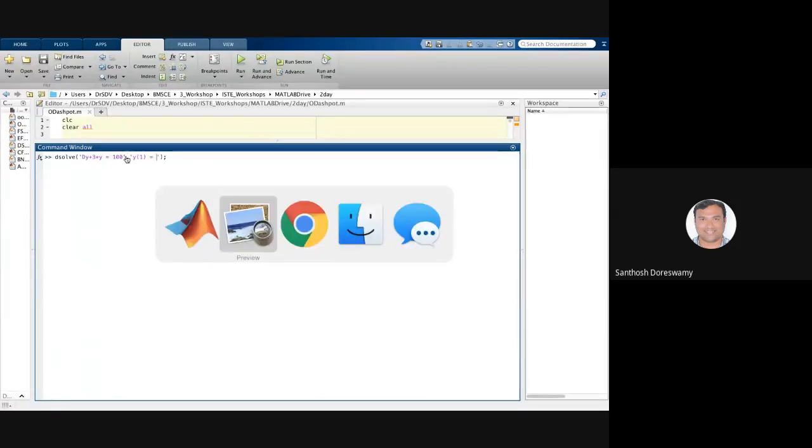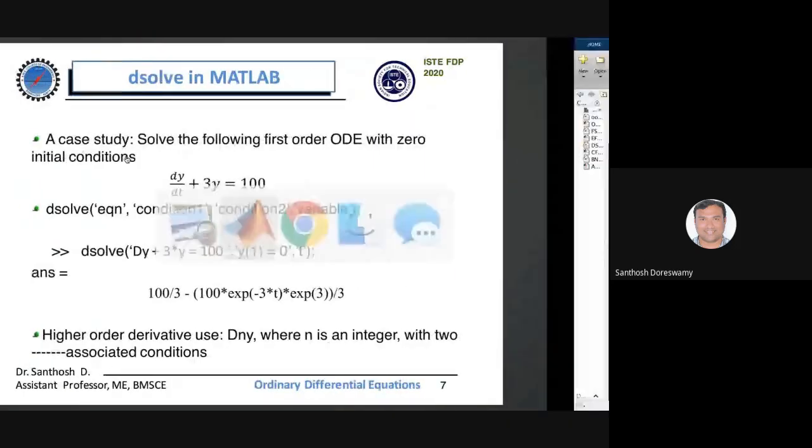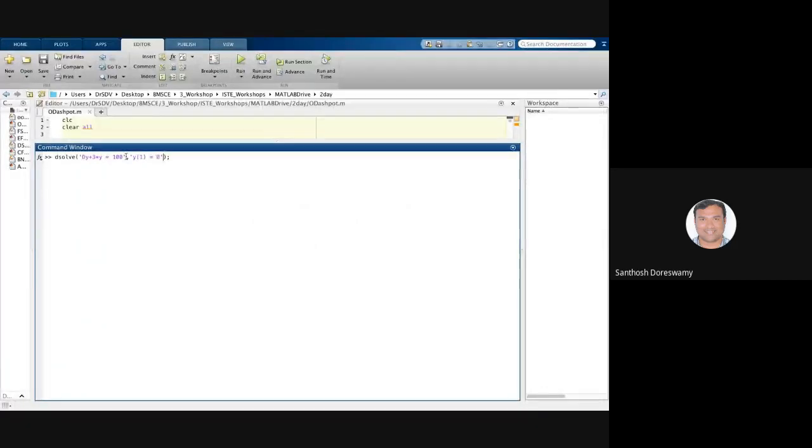Y of 1 equals 0. Sorry, 0 comma t. So this gave us a solution in the form of answer. So if I type answer, that is the solution that I get. So this solution is now a particular solution. Now what I want to do is